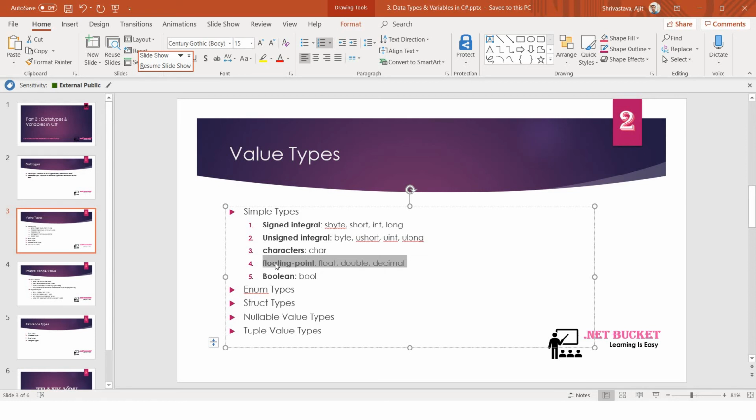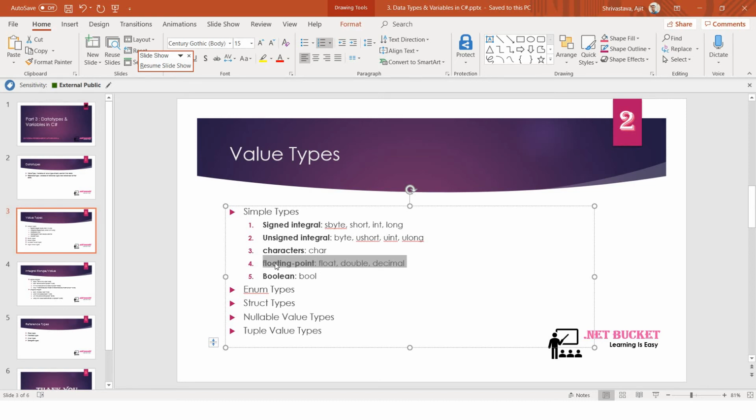You can simply understand that the only difference among these is the precision. Precision means the number of digits that you can have after the dot. Understand this once again: the number of digits you can have after the dot is defined by precision.